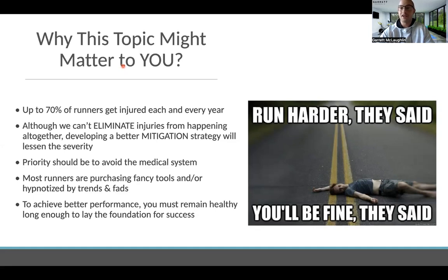A lot of times we put the cart before the horse. We train really hard, we suffer from these injuries, and we kind of constantly go through the cycle. Most runners will get injured each and every year. That's just a fact of running per the research. But our job ultimately is, how do we